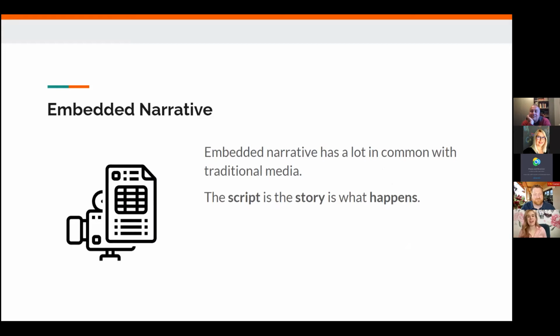When we look at games and then at other media, embedded narrative seems very similar to a lot of traditional media. Basically, the script is the story and that's what happens. It's designed in similar ways, very prescriptive. They want this, this happens.